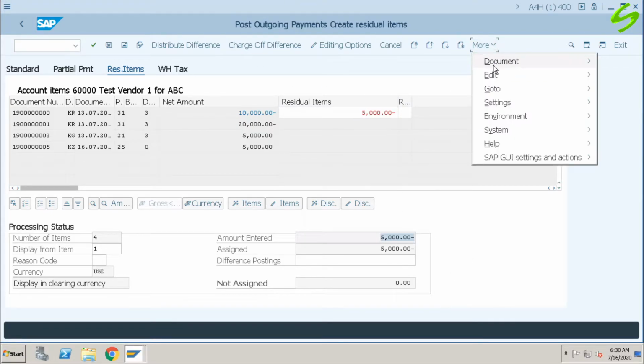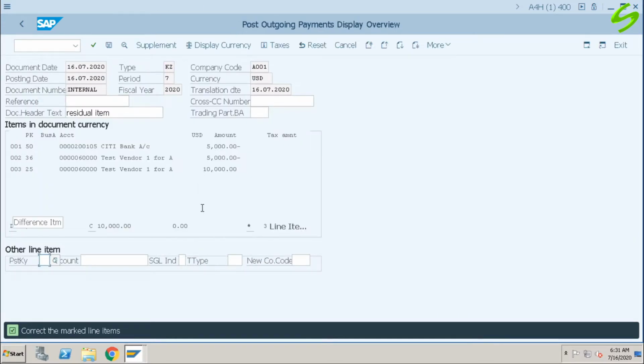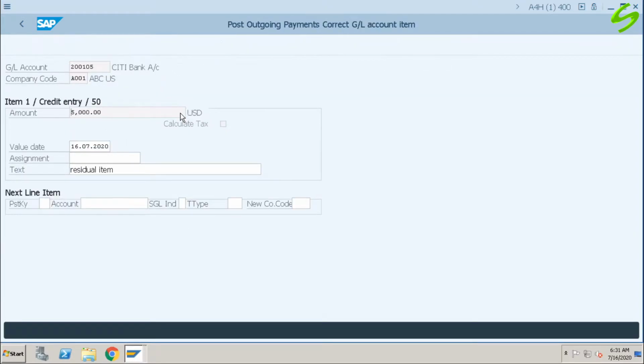Go to more, document, simulate. You can see that in the partial payment there were only 2 line items. Here the system is showing 3 line items, because the system is clearing this line item and then creating another open line item. Okay, let us post it. Looks like there's some error here.